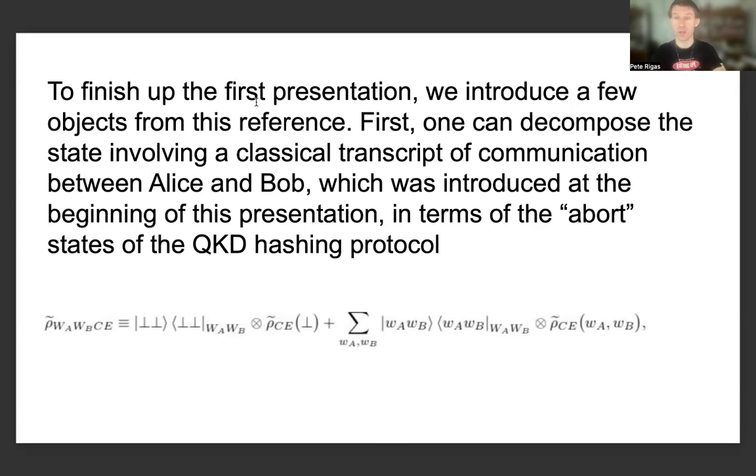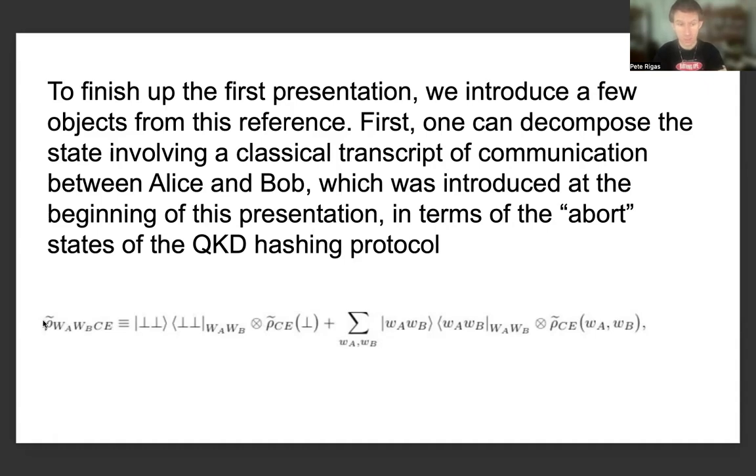And when we were describing things in the first presentation and finishing up that part of the series, we were introducing a few objects from the first reference, which relates again to the fact that it's great to reiterate the following decomposition, which involves a classical transcript of communication between Alice and Bob, which was introduced earlier in the first presentation of this series in terms of the abort states of the QKD hashing protocol, which is to say that